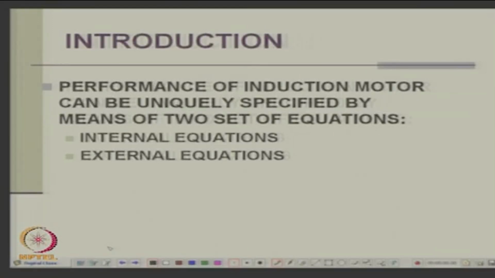Now, for the performance of an induction motor, there are two aspects of the thing. One is you define it by two sets of equations: one you call internal equations, that is internal to the machine, and the other is external equations, that means how you connect externally. For a machine, what do you connect externally? Electrically you connect voltage sources, and you can connect them also in any asymmetrical fashion. Okay. Just to give an example,